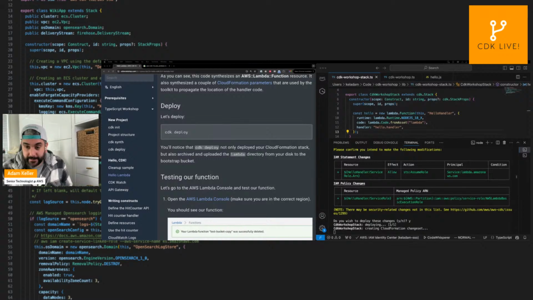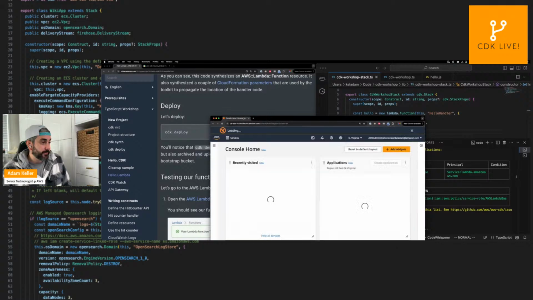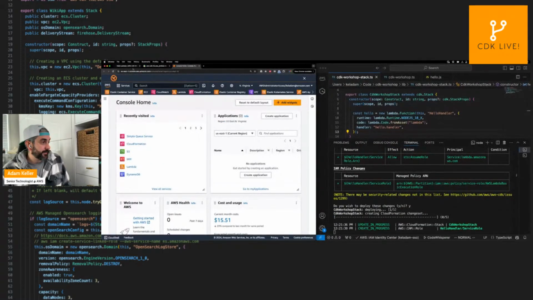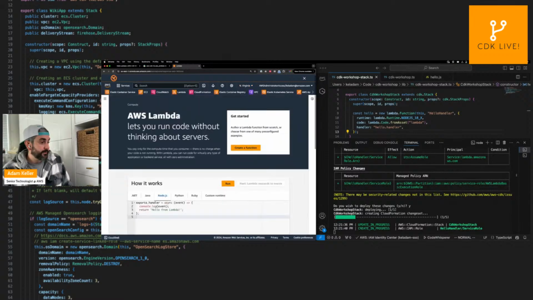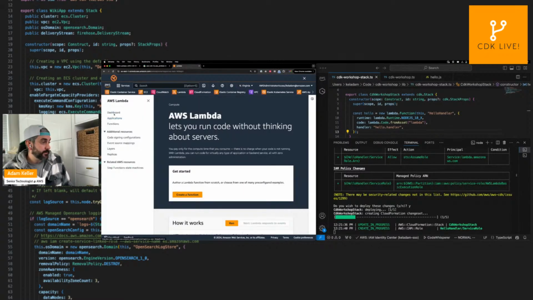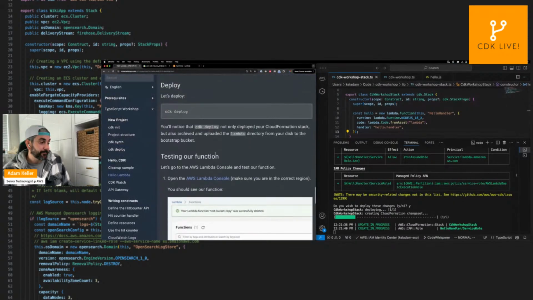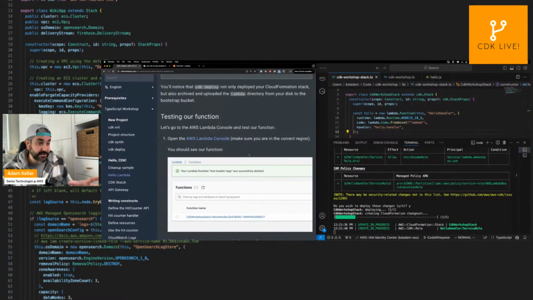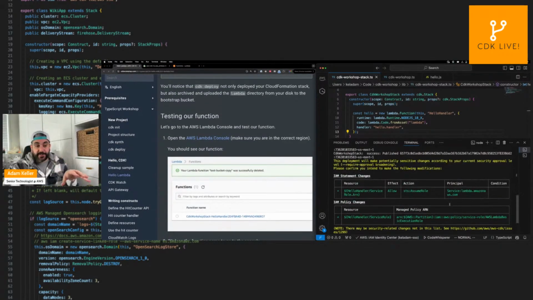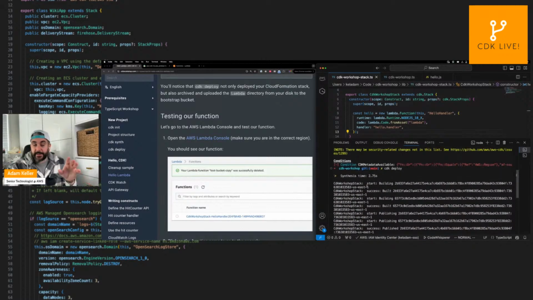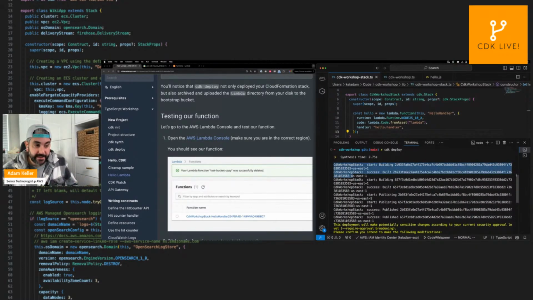And while that happens, I'm going to go to my account over here, and then we'll bring it over here. Perfect. Okay, so we will wait for that to deploy. We're in Virginia, so we'll go to our functions here, and then give that a moment to deploy. And then we'll test it out, and we'll see. But what you see here is the CDK. If you look at this output here,